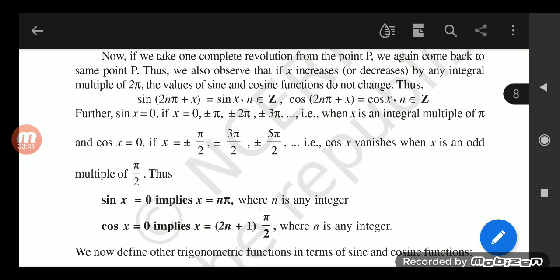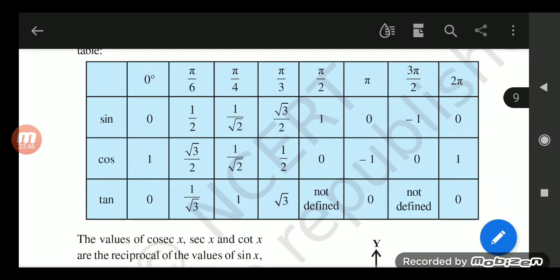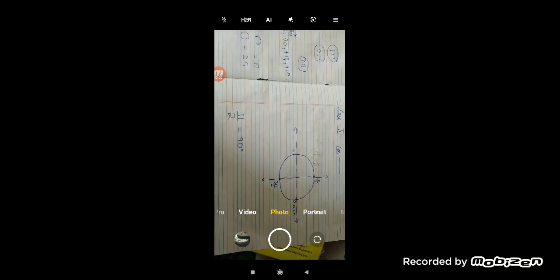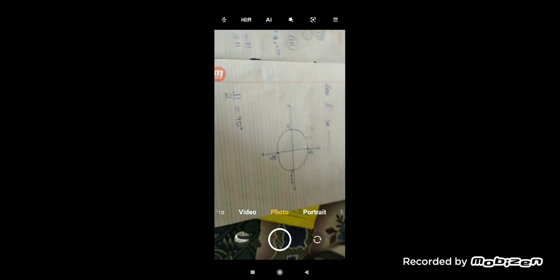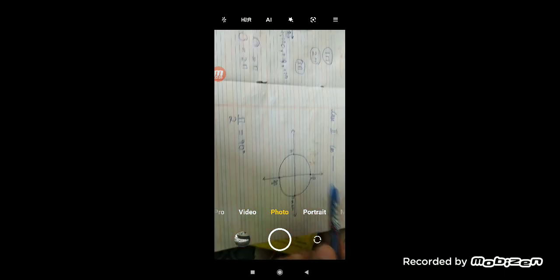I'll show the same graph again. I want you to find that first and then this. And knowing that pi by 2 is 90, knowing this value, you will find